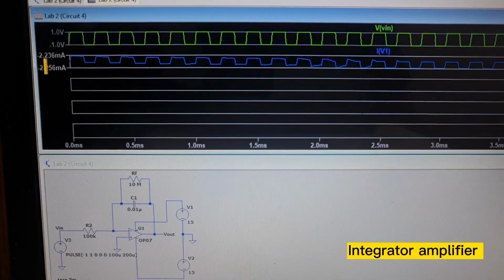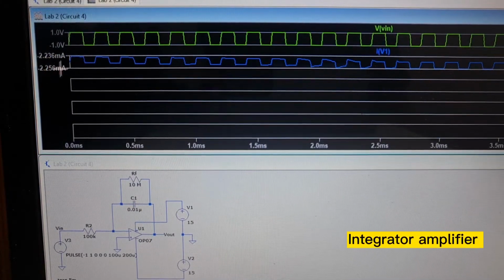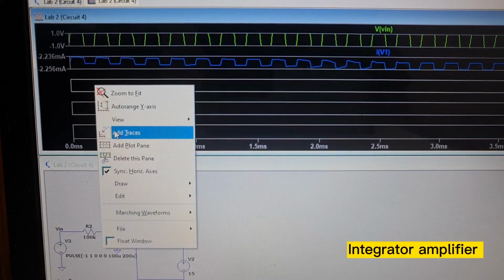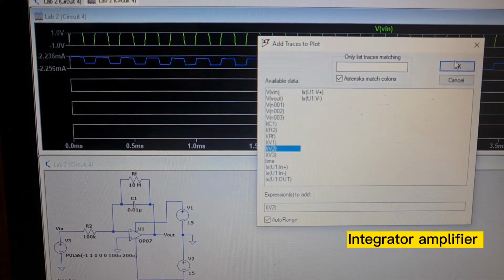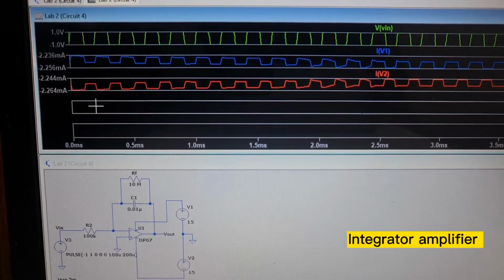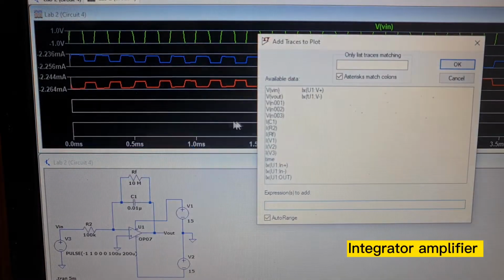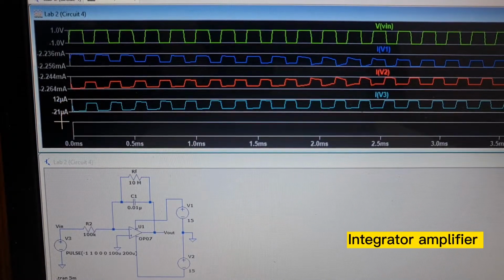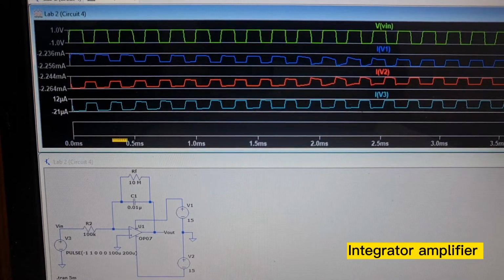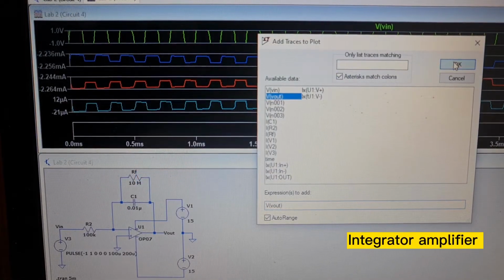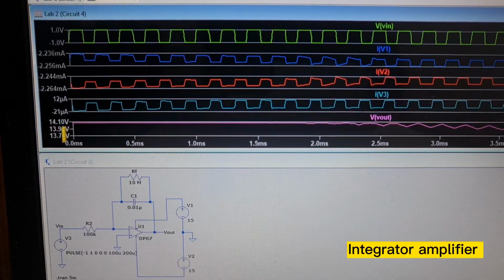The value ranges from negative 2.236 milliampere to negative 2.256 milliampere. And now we'll be looking at the third one, which is IV2, with a value of negative 2.244 milliampere to negative 2.264 milliampere. Now we'll be looking at the fourth one, which is IV3, with a value of 12 microampere to negative 21 microampere. And for the last one, we'll be looking at V out, which is 14.10 volt to